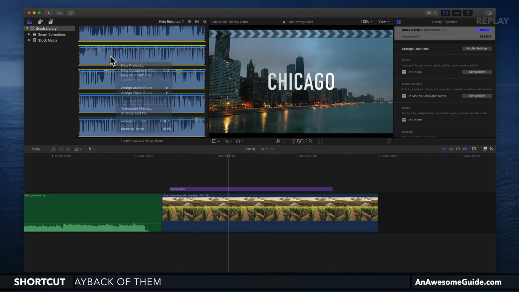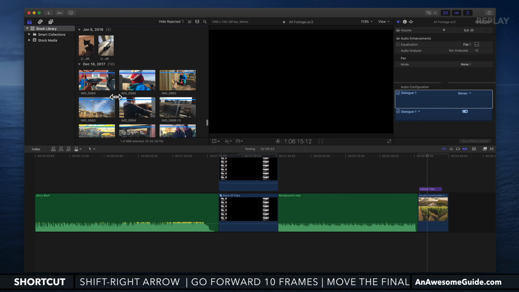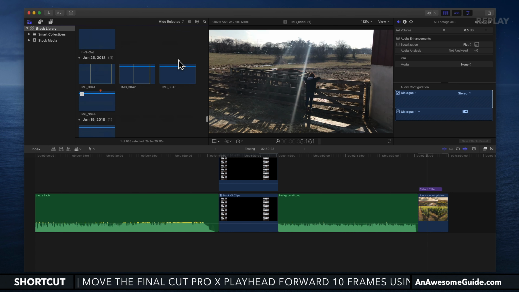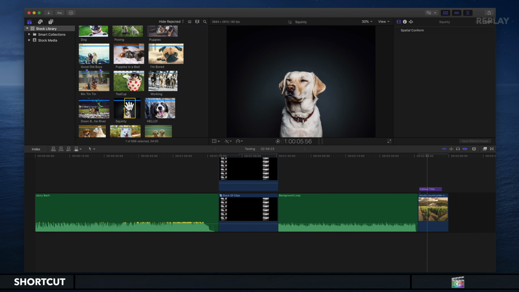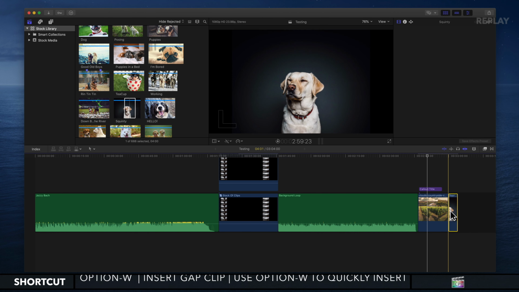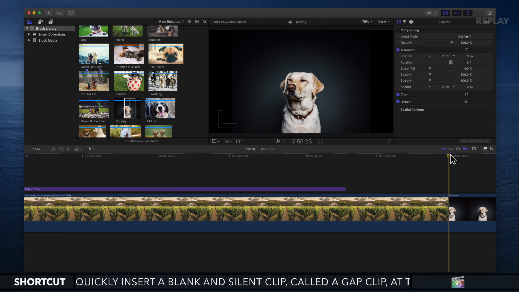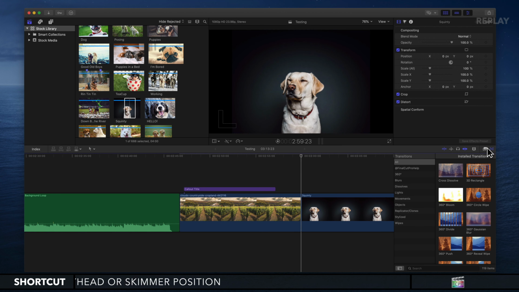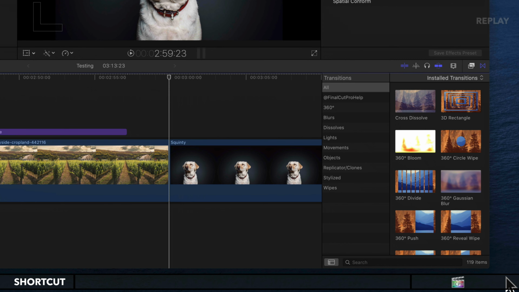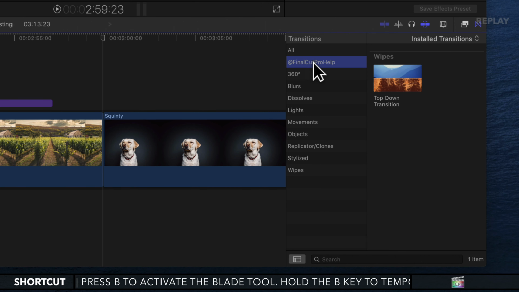And let's do, that one's pretty outdoorsy and green. I'll try to get something that is different. We'll get this squinty dog picture here. And then let's go into our transition browser over here on the right side. You'll notice we have a new category on the left column called Final Cut Pro Help. This was the category that we selected when we saved it. And there's the top-down